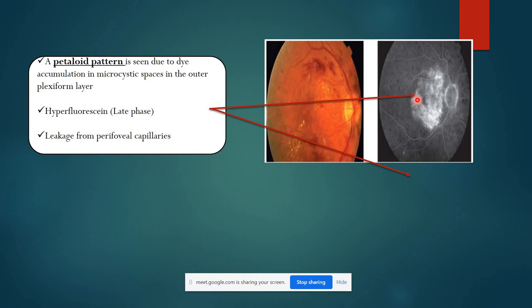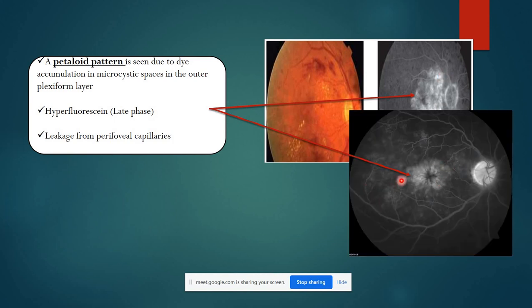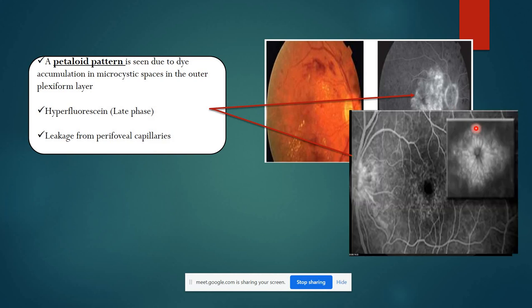which might be due to dye accumulation in the cystic spaces in case of FFA. Okay, so the dye which we inject in FFA gets settled within the cystic space, and then it gives you a hyperfluorescent pattern, and this is how it actually looks like. Okay, so see here, this is a little late phase of the same FFA, so it is getting drained. So see how it is looking like petals in a closer form.